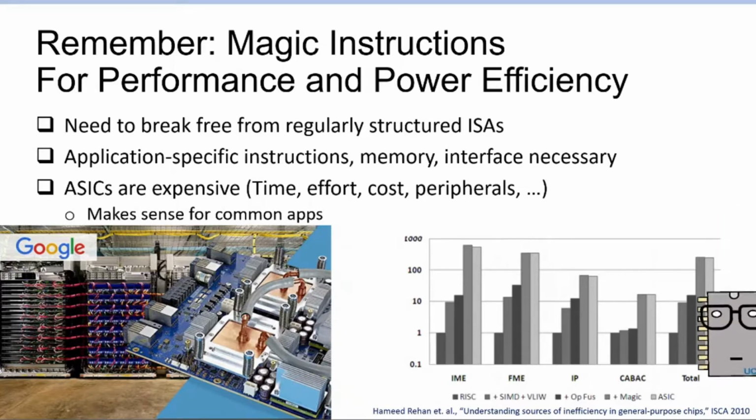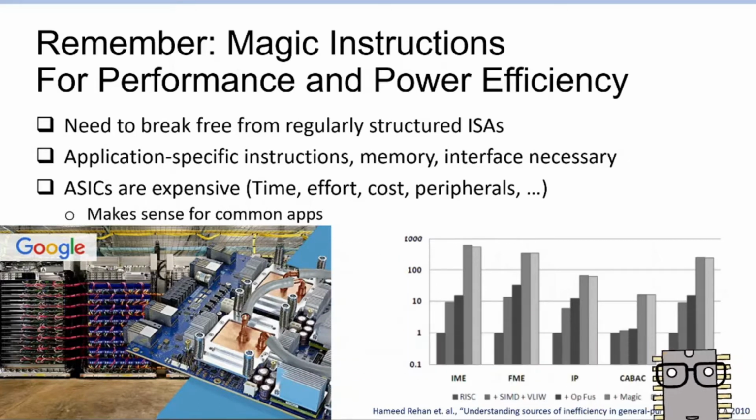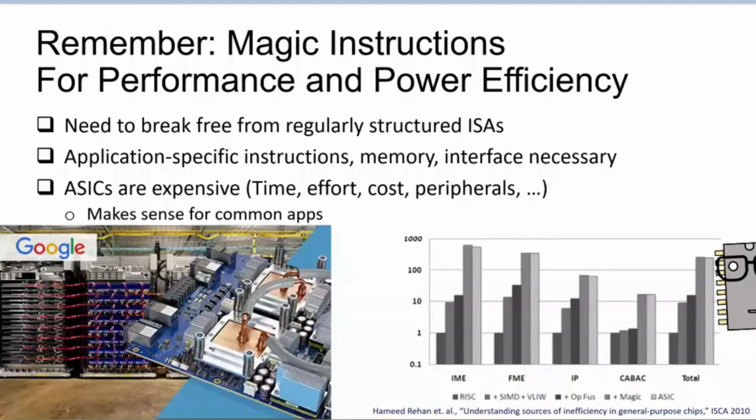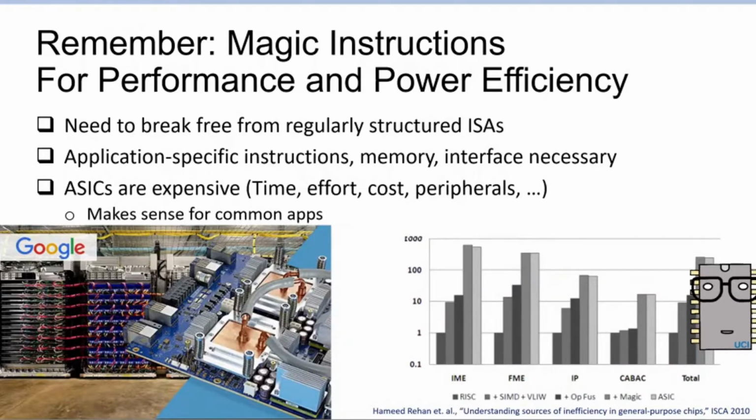And remember this is an exponential scale on the left. On the way from a general-purpose processor until we achieve two orders of magnitude or more performance, and similarly with power efficiency, two orders of magnitude with ASICs,